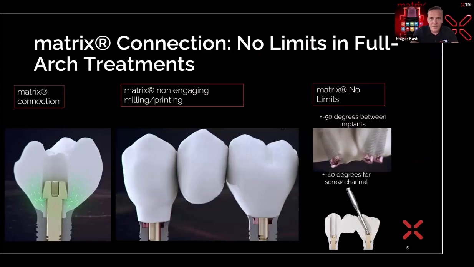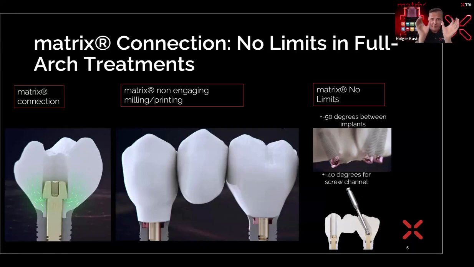Since the topic today is no limits in full arch treatments, I would like to take the chance to explain quickly how it is possible to have a full arch even with strongly angulated implants without compensating for the angulation with a multi-unit abutment. This is only possible because of the square cut. On the left side you can see a single crown, so we go into the inner connection. But for a full arch treatment, we have this very wide 20 degrees internal connection which goes inside the